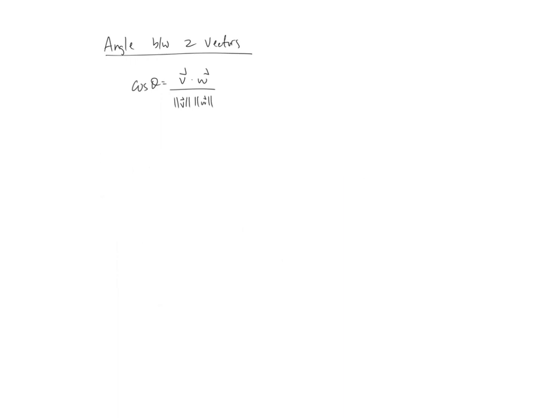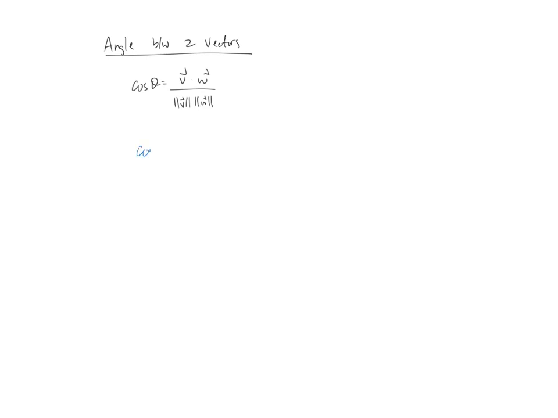Now, what's most interesting about the angle between two vectors is the cases of when they're parallel, perpendicular, or neither. We've already discussed that two vectors are parallel if and only if they're scalar multiples of one another. Now, to determine if two vectors are perpendicular, this is actually pretty interesting. We know that two vectors are perpendicular if the angle between them is 90 degrees, or pi over 2. So if I look at